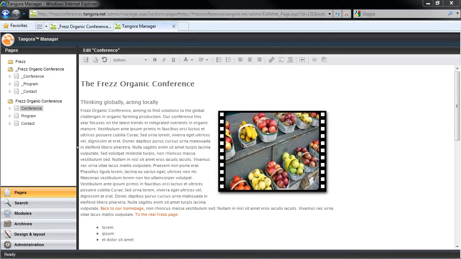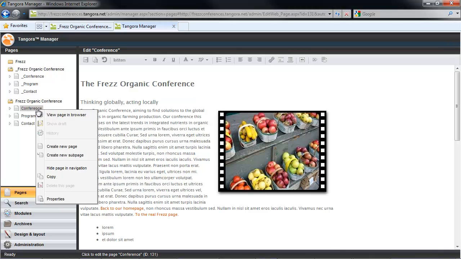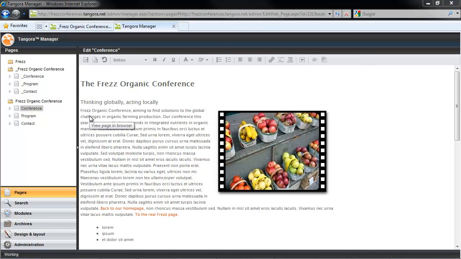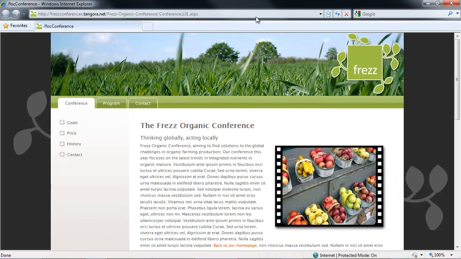But now, before we create our new site layout, let's start from the beginning and learn how you can determine which site layout is currently in use for a given site. We can see that we have a site here, and we're in the process of creating our site structure and adding text and image content to our site. If we take a look at how this looks in our front end via the right-click function View Page in Browser, we'll see that we have a site layout in use with this grass image here.